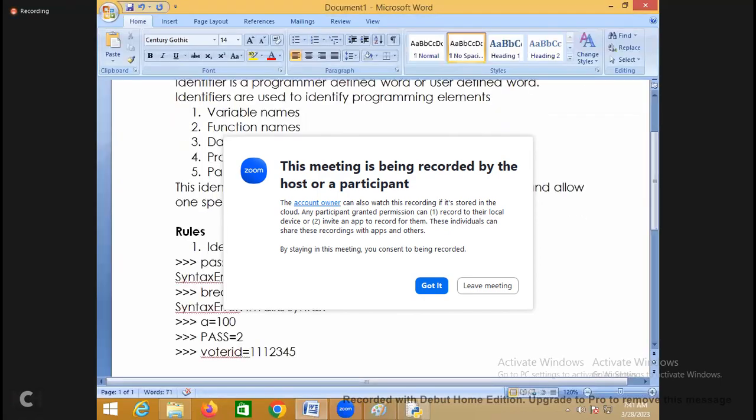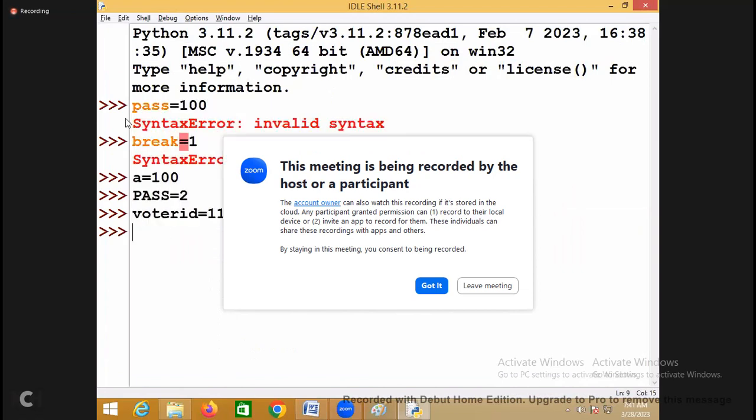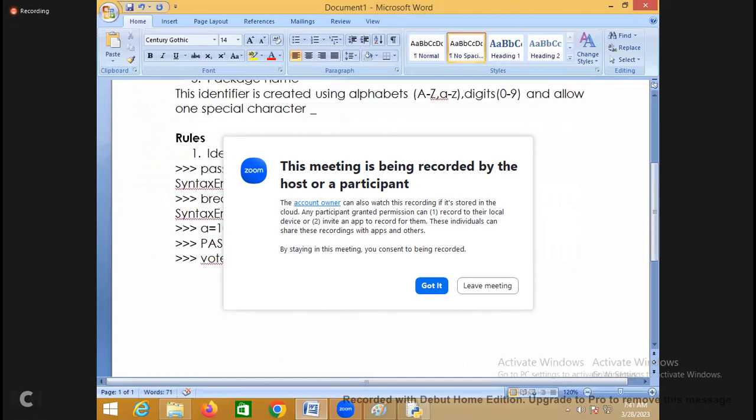So all this you have to practice in the interactive mode. And after that, we'll see putting all this inside one program. But initially you do it in interactive mode. Now, identifier should not be a keyword. And the second one is,